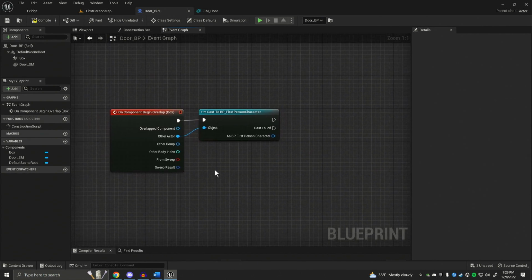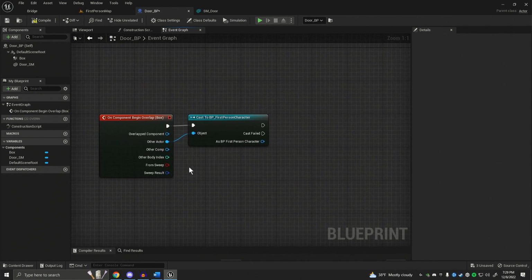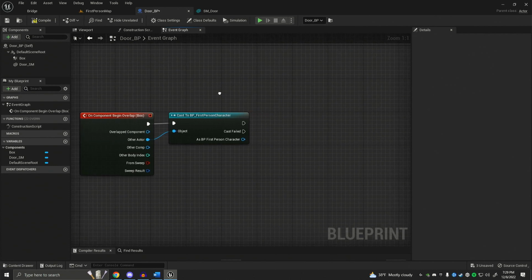Now, how does a cast work? What is a cast? A cast means that you are going to attempt to communicate with another blueprint. So in this case, we are going to attempt to communicate with the first person character. And the object that we're communicating with is going to be whatever the other actor is. So, if it's successful, because it is indeed the first person character,